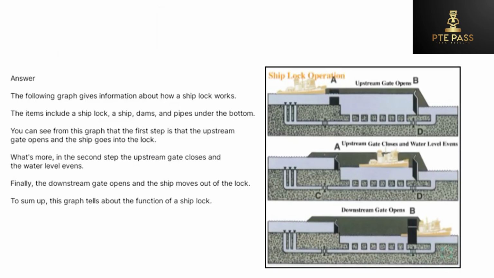The following graph gives information about how a ship lock works. The items include a ship lock, a ship, dams, and pipes under the bottom. You can see from this graph that the first step is that the upstream gate opens and the ship goes